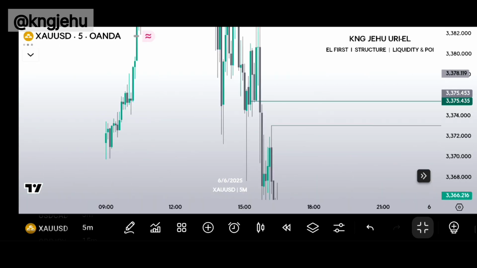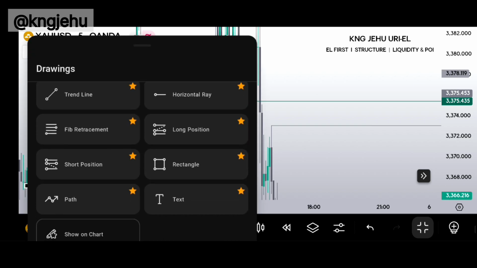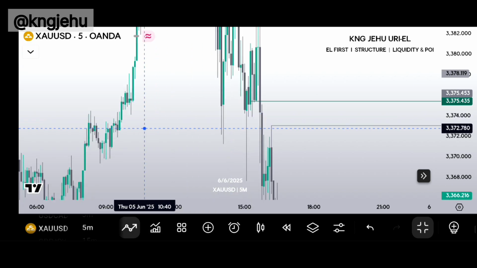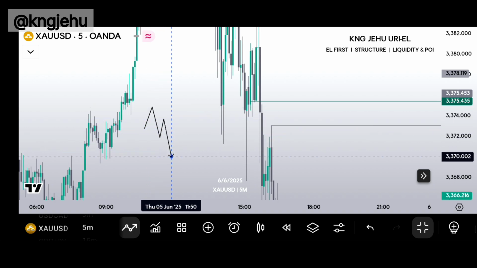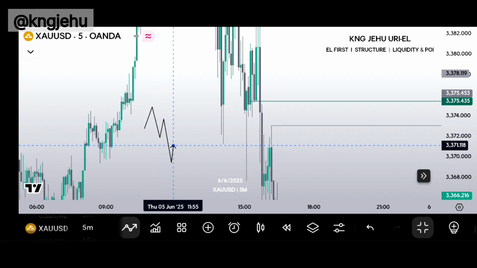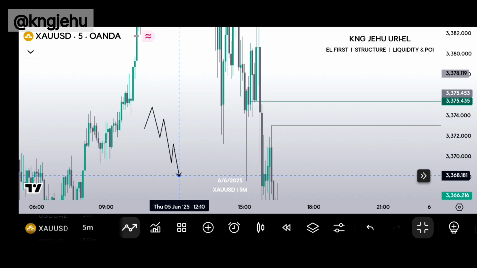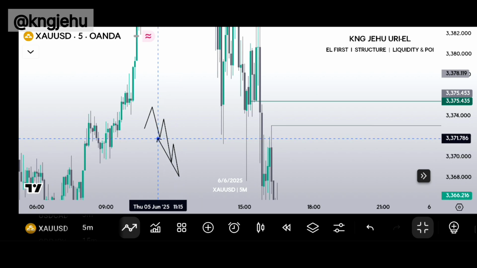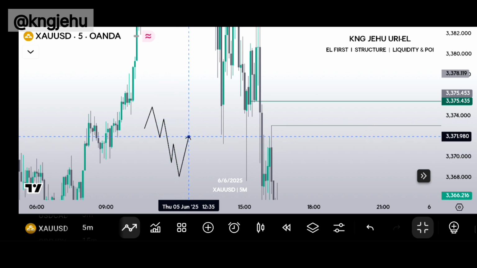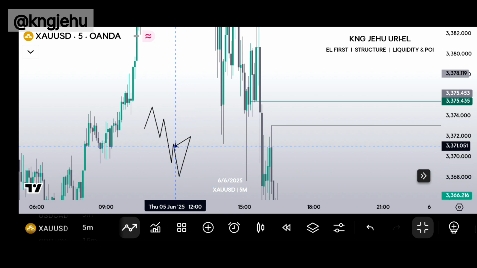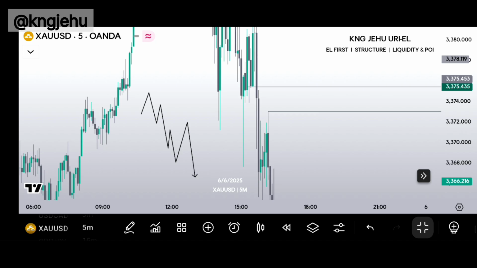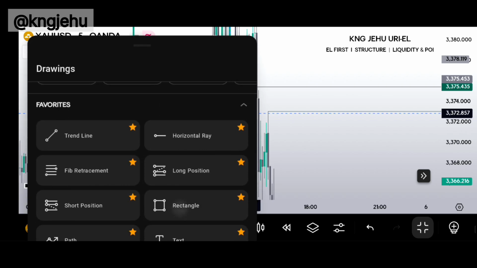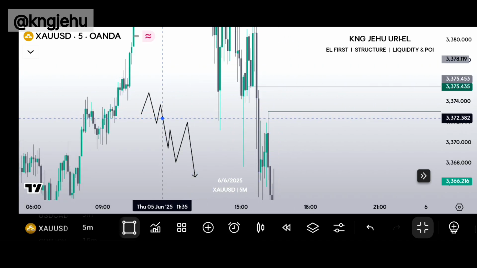Now from the 5 minute time frame, let me draw this setup for you guys so that you can understand what I'm talking about. Whenever you have price in a downtrend, lower highs and lower lows, and then price breaks through your lower low and gives you a pullback like this, you're going to expect price to come back to this breaker block and reverse. So this high is going to be your liquidity, then price is going to continue moving. So this exact movement you are seeing here is what happened on this part of the market, and I'm going to show you guys